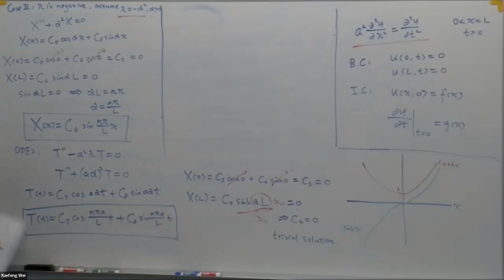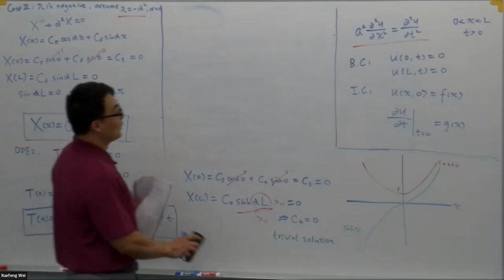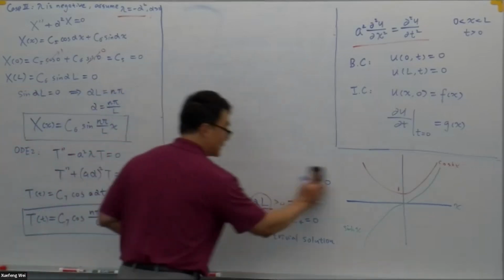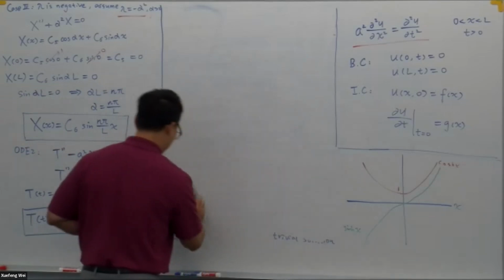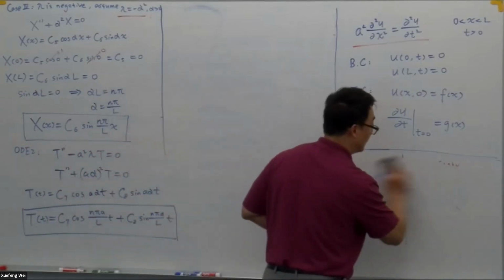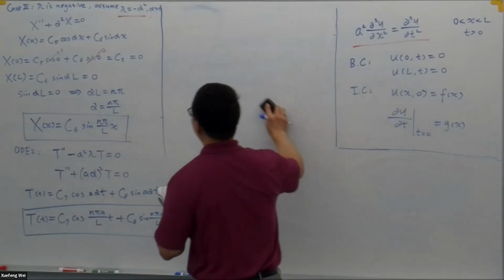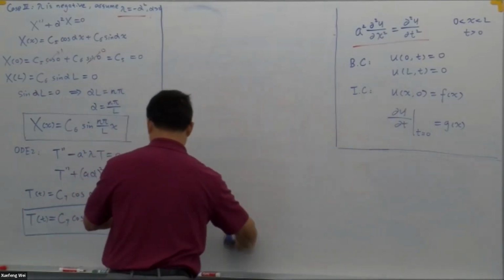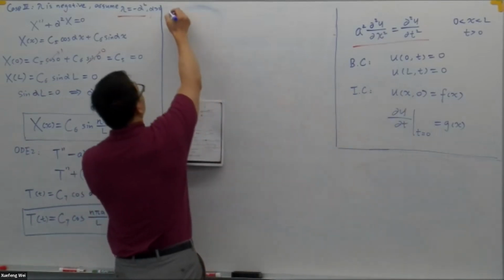Is that clear? Okay, so we have an X(x) and T(t). Okay, so let's look at our solution. I'm going to erase here. Okay. So thus